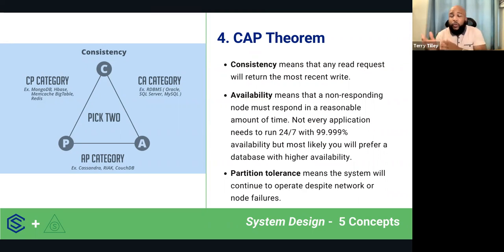Maybe you'll go with one that's AP. You always want data to be available, even if it's not the most accurate data. The data will be updated later, but maybe availability is the most important thing. Consistency, not so much. So when you think about real world examples,